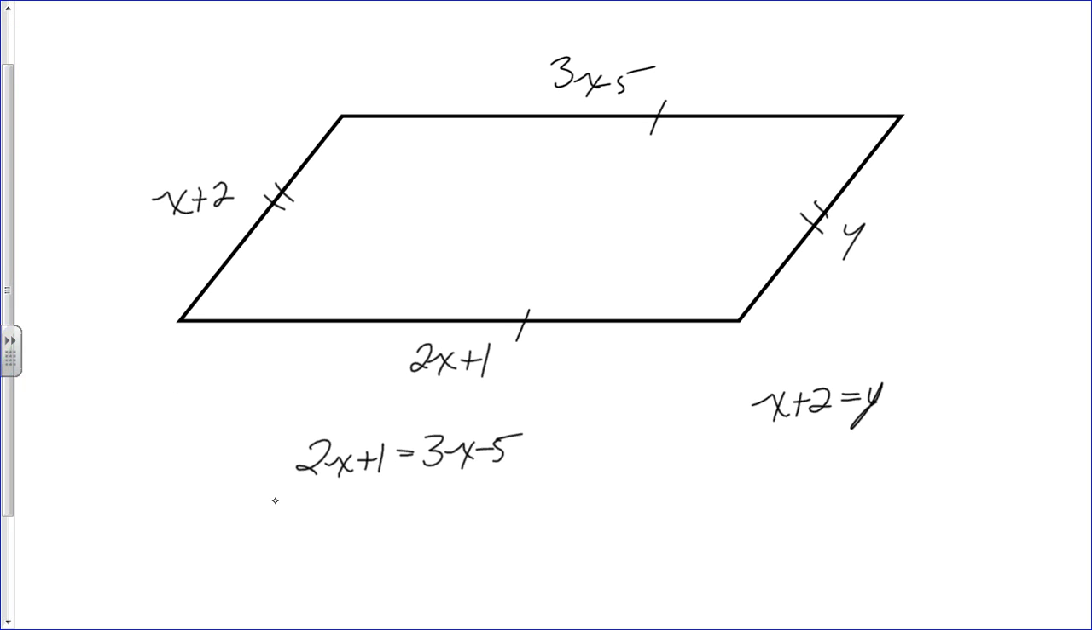So let's subtract 2x from both sides, and add 5 to both sides. So 6 equals x. So since x plus 2 is y, that means y equals 8. Okay, so as long as x is 6 and y is 8, our quadrilateral here is a parallelogram. All right,